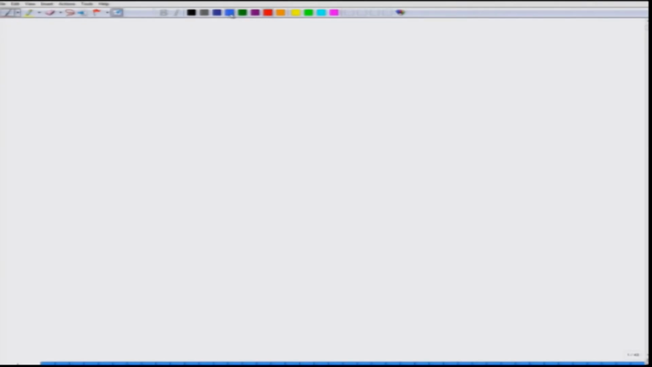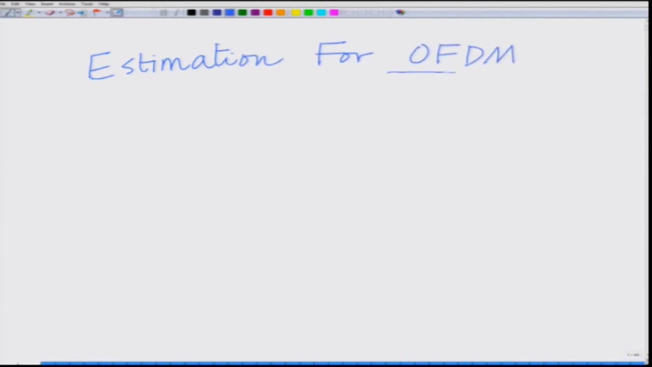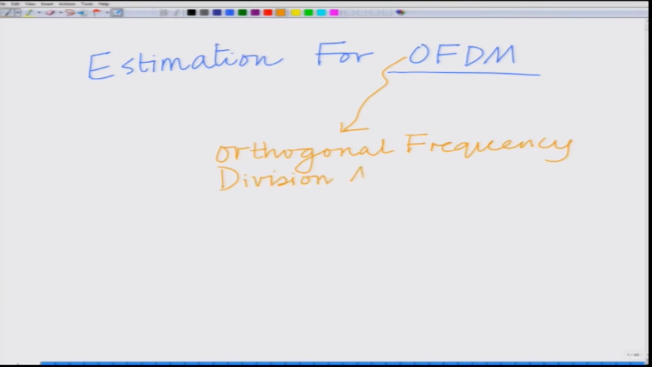We are going to start looking at estimation specifically for OFDM, that is our aim starting this module, estimation for OFDM, where OFDM stands for orthogonal frequency division multiplexing. And in fact OFDM is a very modern technology, and